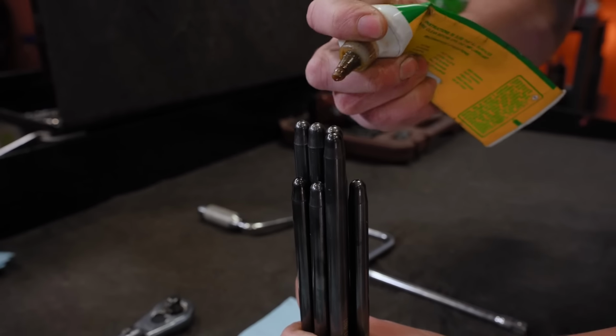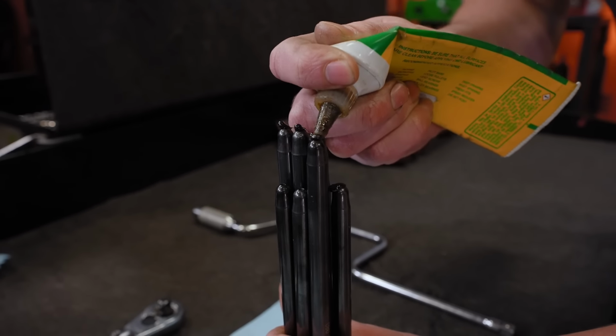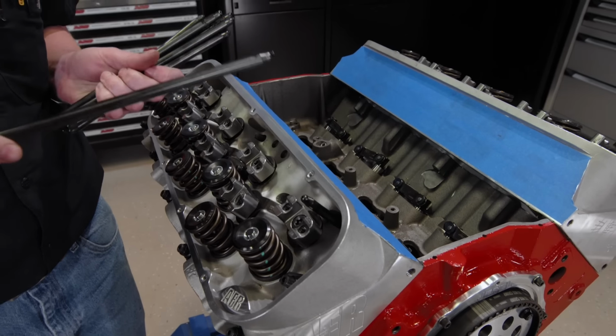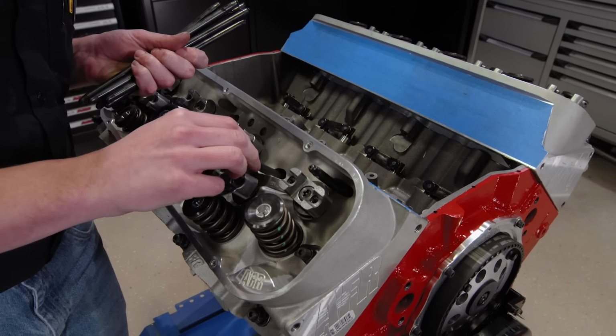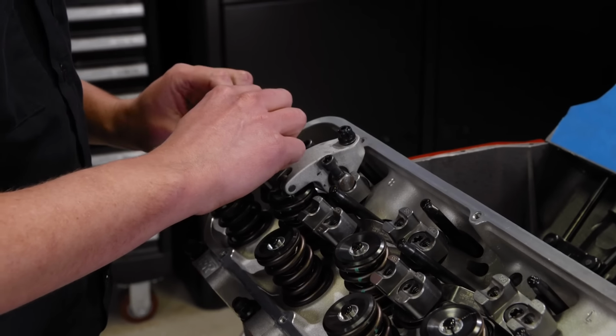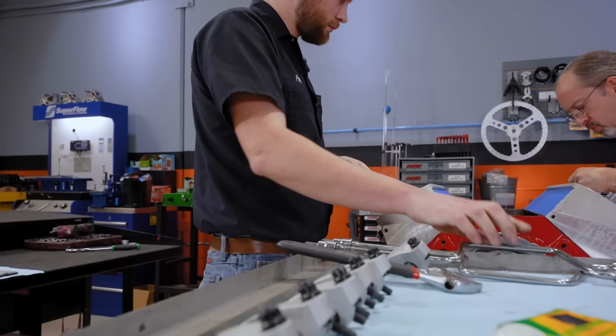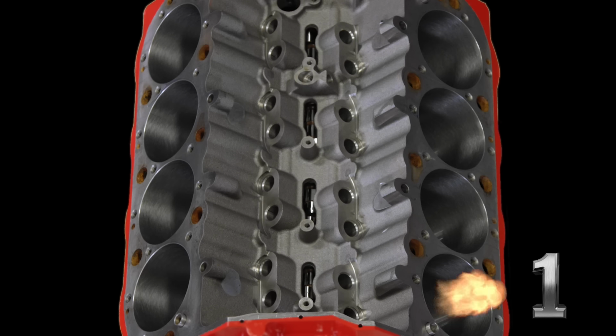The TrickFlow 3/8 diameter, 80 thousandths wall chrome moly push rods follow with high pressure lube on both ends, and the intakes are 8 350 long while the exhausts are 9 400. The 1.8 ratio Jessel shaft rockers are installed in pairs at TDC compression stroke on each cylinder following the firing order, which with our new camshaft is the same as an LS engine,